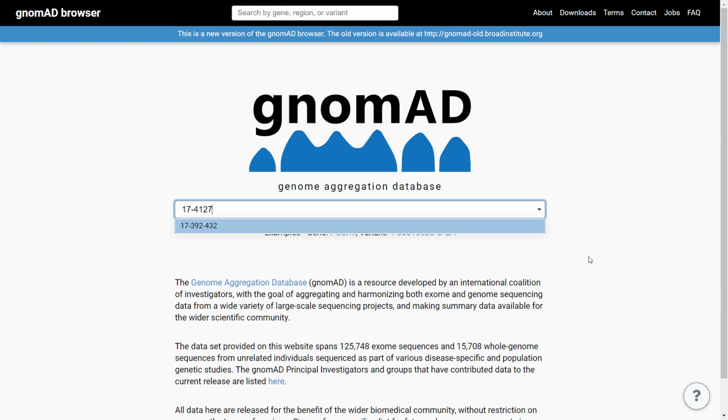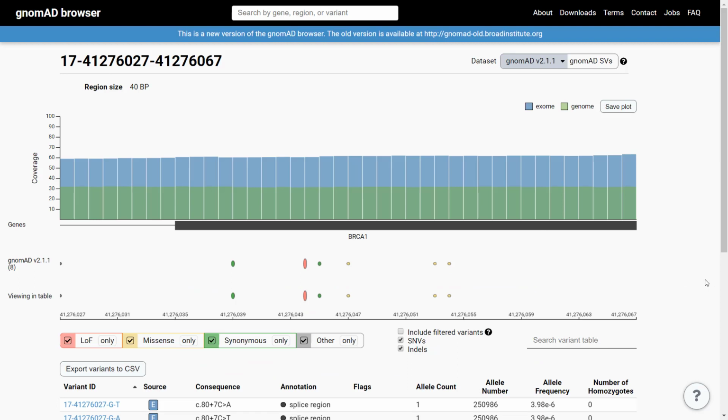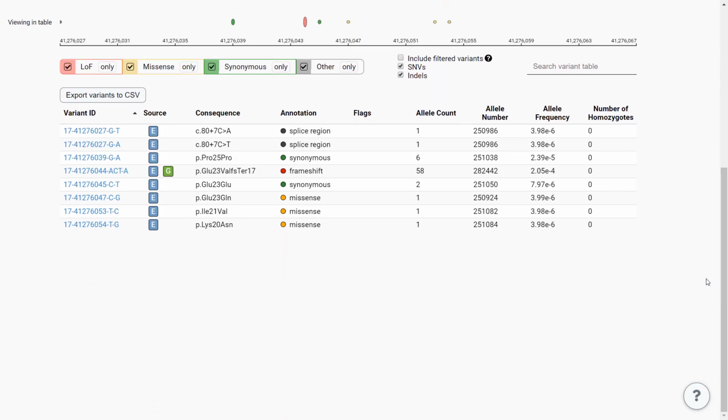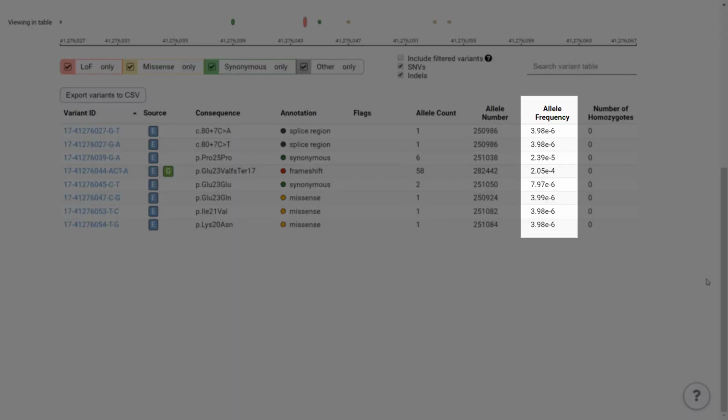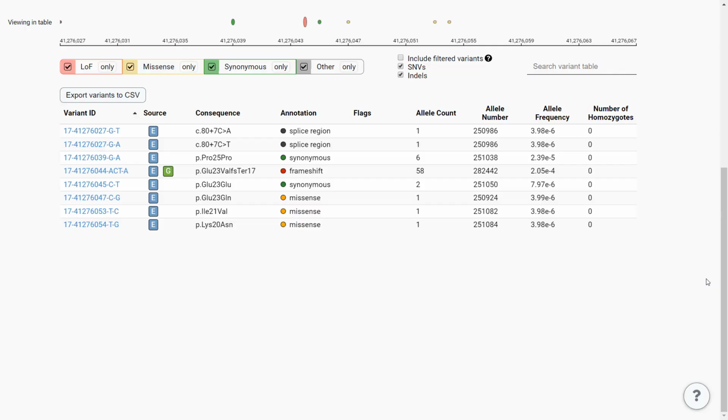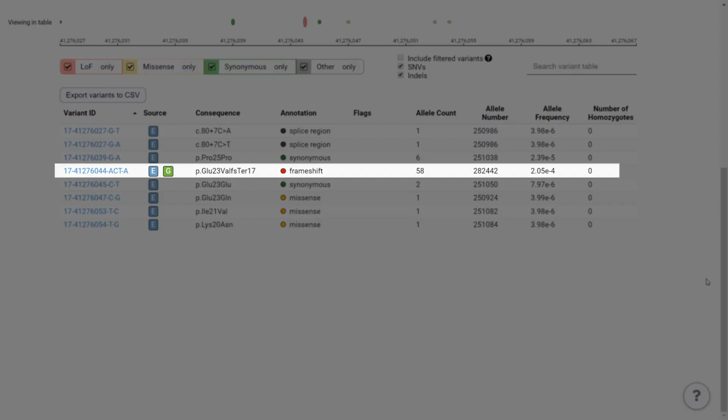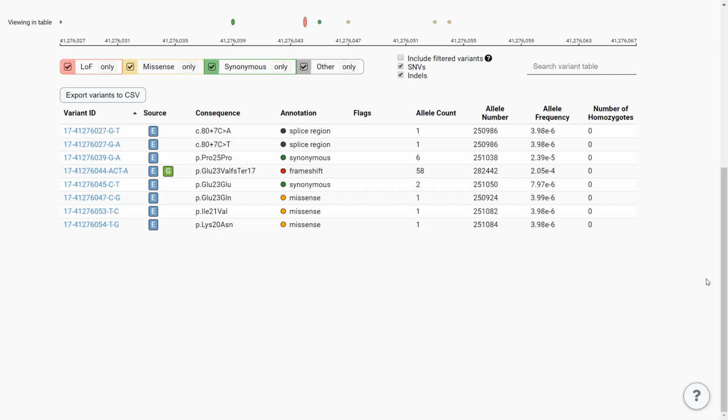Let's search for variants reported in gnomAD in a small window around this site. We can see a short list of 8 variants in that span. Most of them are missense mutations and are very rare in the population, as we can judge by the absolute number of observed alleles and by the allele frequency. But our variant, the frameshift variant, cannot be considered a polymorphism with an allele frequency of only 0.02% in the general population, but it is relatively frequent compared to the other variations.